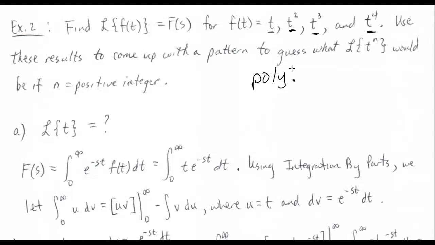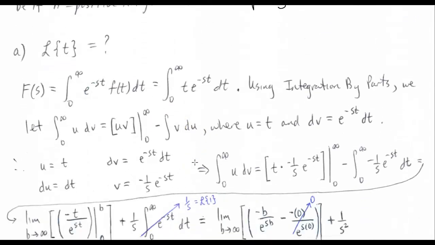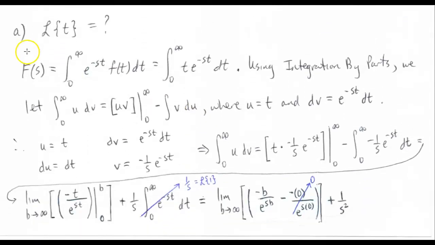And so my goal here is to figure out what the Laplace transform of all 4 of these functions are, so that I can see a pattern that I could come up with for the Laplace transform of t raised to the n, where n just basically ends up being a positive integer, aka a natural number. So for this first one, Laplace transform of t,